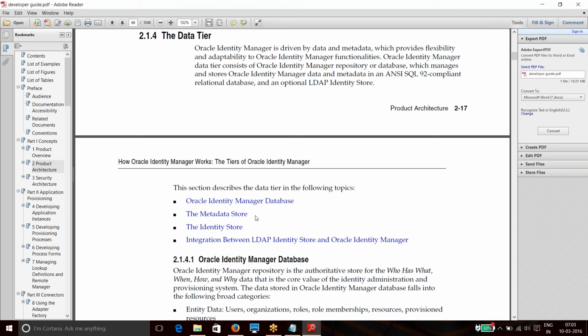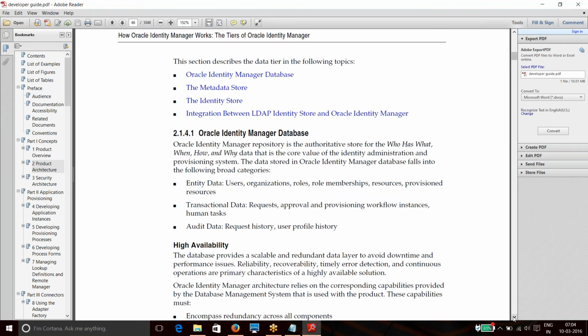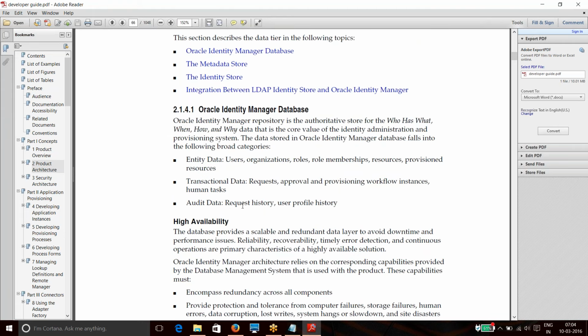All the configuration related data will be stored in the MDS schemas. And the identity store is where we'll be provisioning all the user data to an LDAP directory, and it will be used as an identity store for authenticating users from an access management perspective, basically.